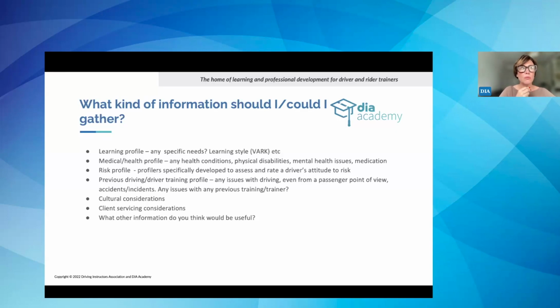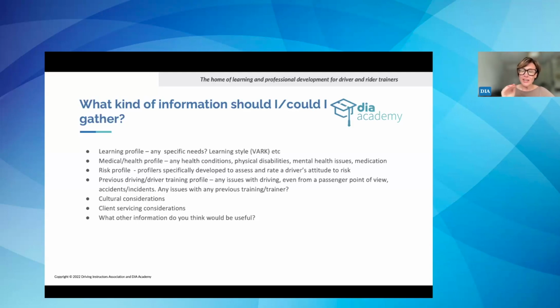As we said before, pupil profiling is also useful from a marketing and customer service point of view, because it's about understanding your customer and being able to service them better. So what specific customer service requirements does that pupil have? Sometimes in small businesses, I hear people saying things like, I chose to run my own business so I can just suit myself. I think anybody who's running a serious business never uses that phrase, because the reality is you don't just suit yourself. You have to suit your customers if you want your business to grow. We are dictated to by our customers, even if we own our own businesses.